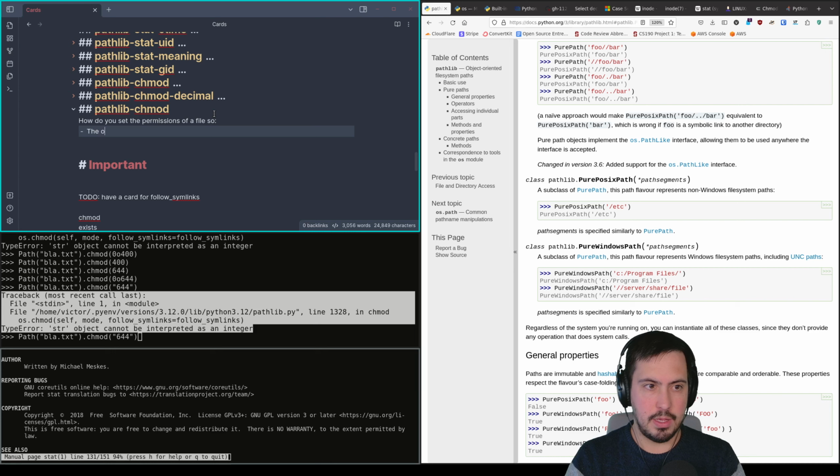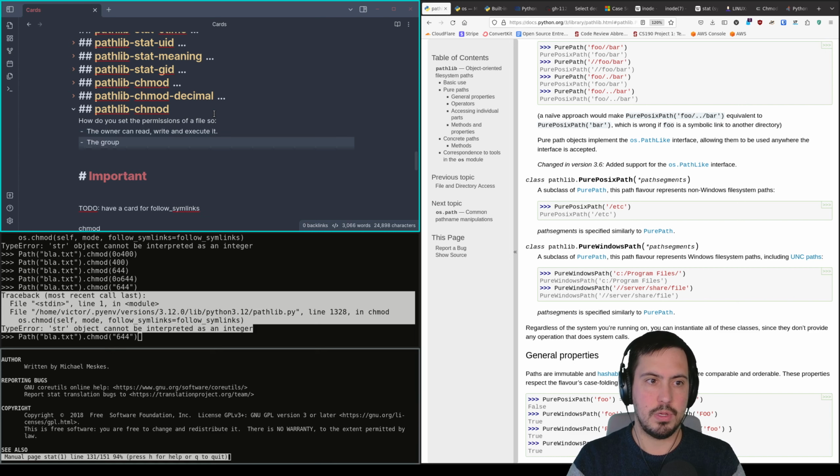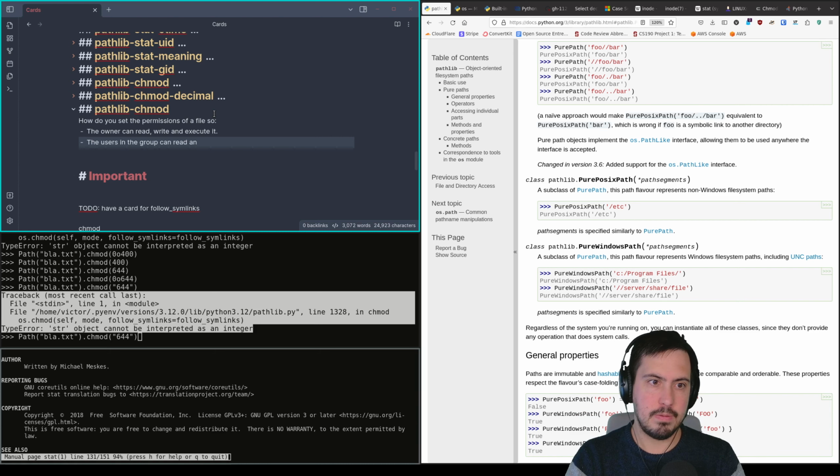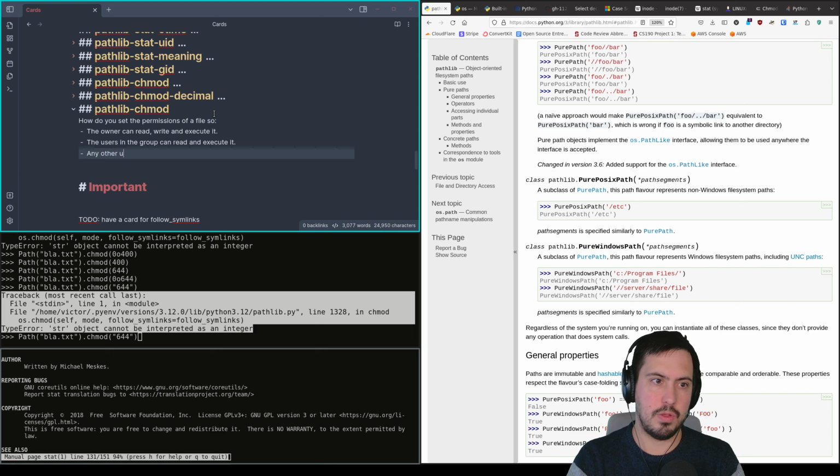So the owner can read, write, and execute it. The group, the users in the group, can read and execute it. Any other user cannot read it or execute. Either user can only read it. Something like that. So basically,